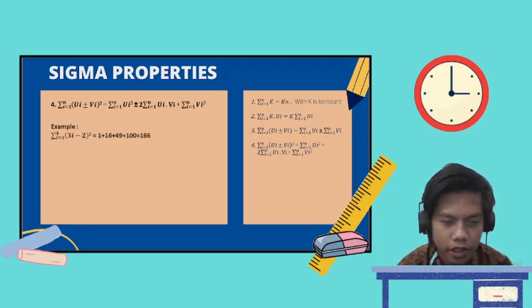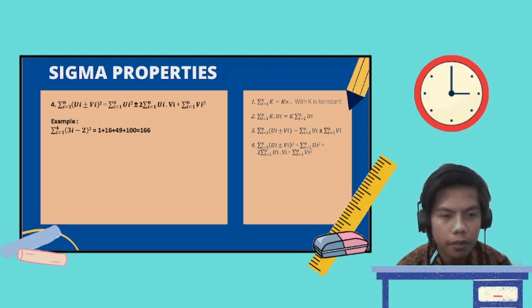For example, we have sigma i equals 1 to 4 of (3 times i minus 2) squared, and we write that as 1 plus 16 plus 49 plus 100, and that equals